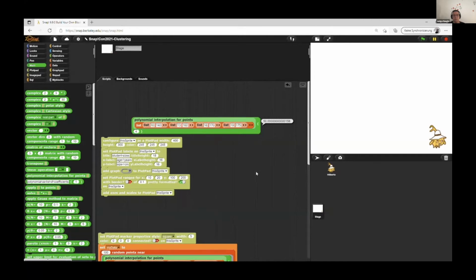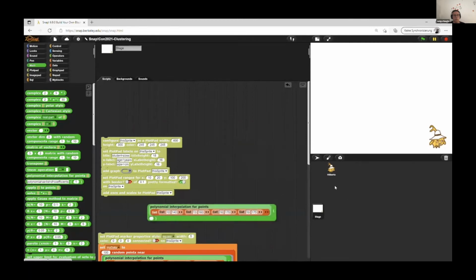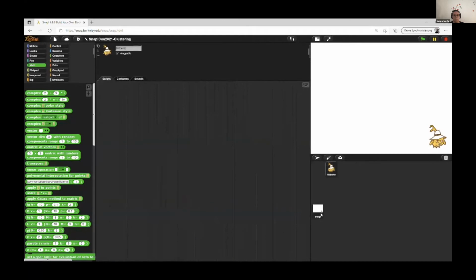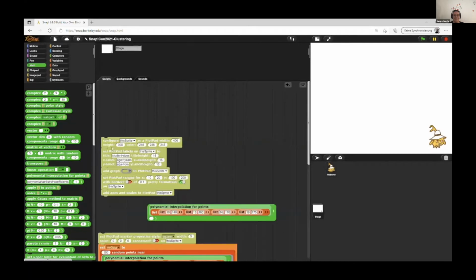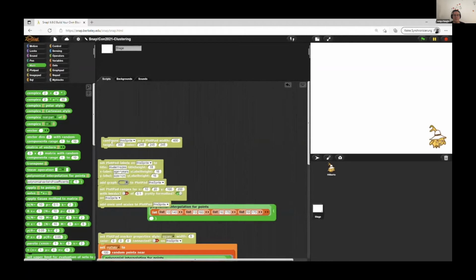And I use it now to draw the graph, or to plot the graph, of this polynomial. So I first configure the sprite, or the stage. I'm working on the stage. Alberto has no scripts till now. I'm working on the stage and configure the stage